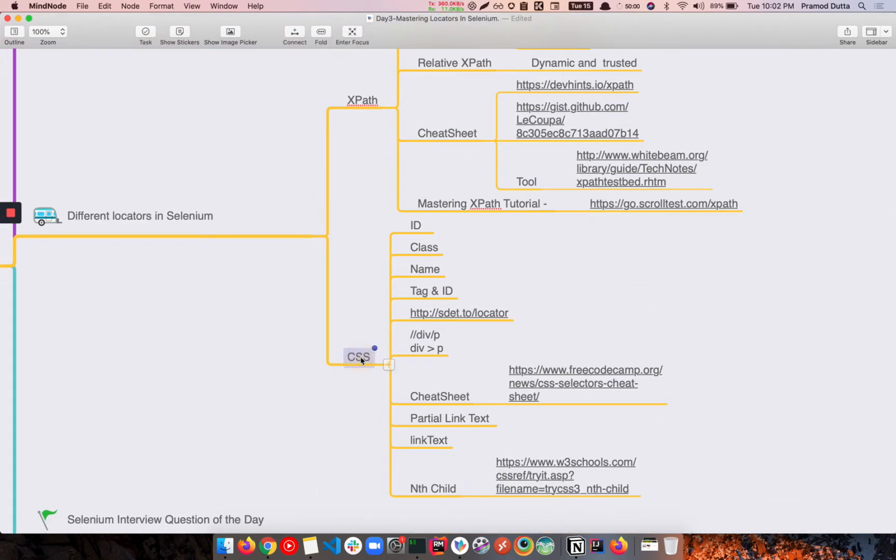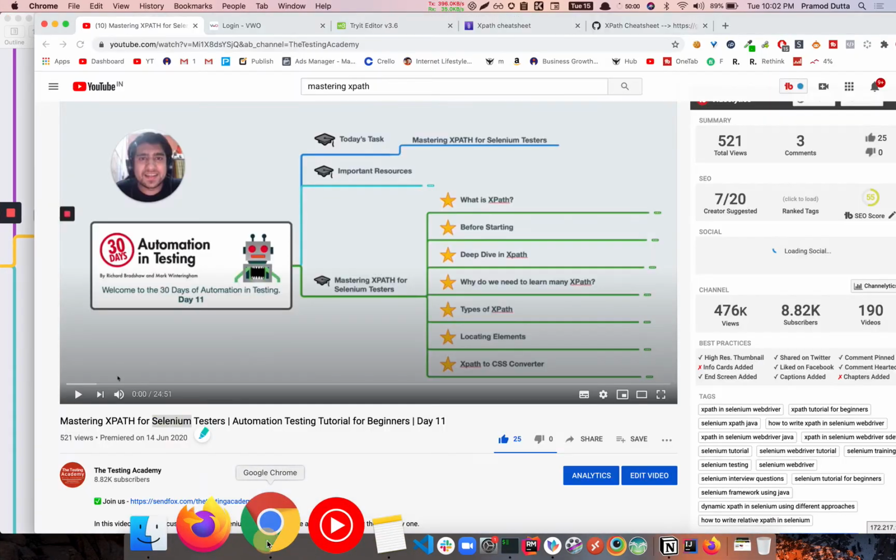So if we talk about the CSS selector, these are again used to find any kind of element in the HTML document that you have, right? Similar to the XPath, XPath is basically used to query any kind of element in your HTML. You can use CSS selectors to basically get the element, right, uniquely. So generally any element you can give any kind of ID, class name, name, tag, right? So let me show you how it looks like.